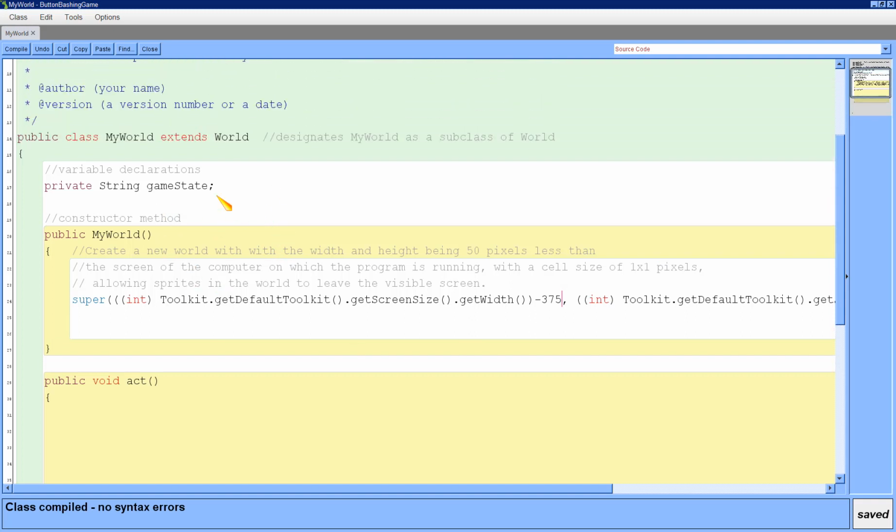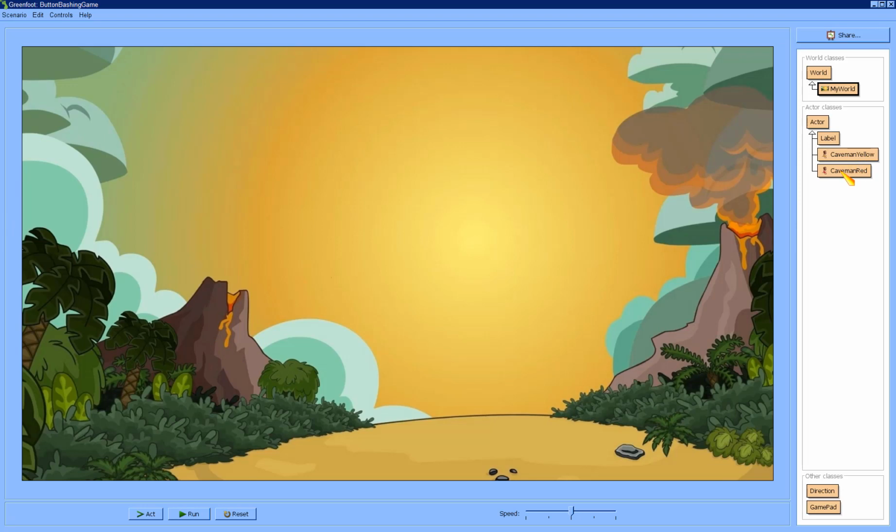So by doing this, we'll be able to reference those individual actor objects from multiple methods, whereas if you add them in the design view and do the save the world option, and I'm just going to show you what it looks like here. If I do new caveman, I add him to the screen, and then I do controls, save the world. Well, Greenfoot will generate the code that will